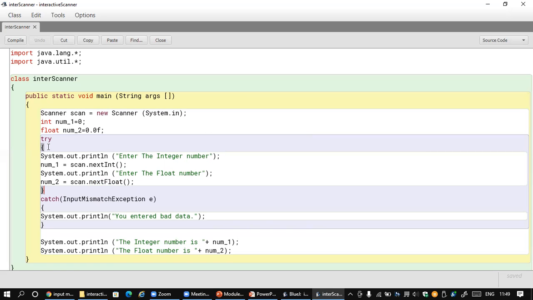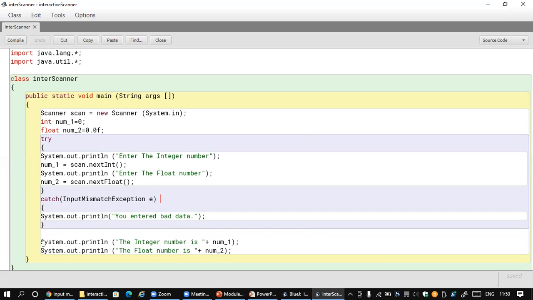By chance, if any exception is hit over here, it will be thrown to this catch block, which will process it. In the scanner utility, we have this particular class defined here. By using an object as an input to this catch mechanism, we handle those exceptions. Whenever an exception is hit, it will print on the screen: you entered a bad data.